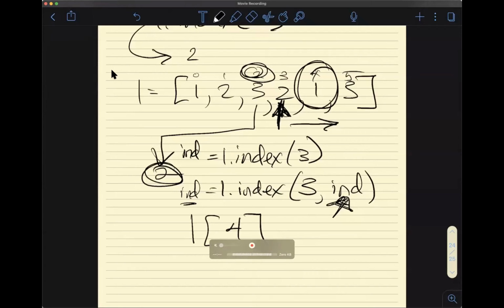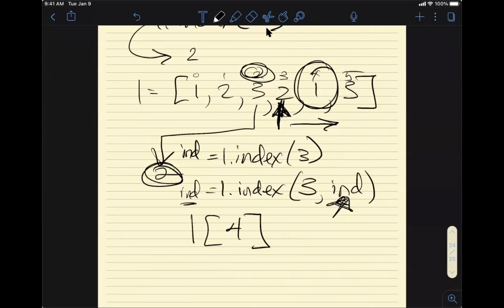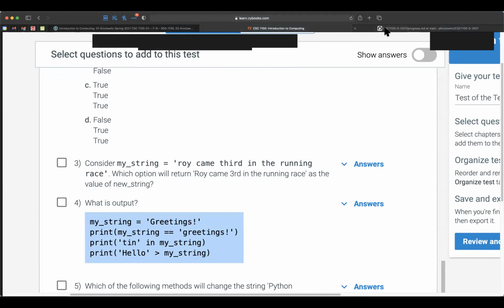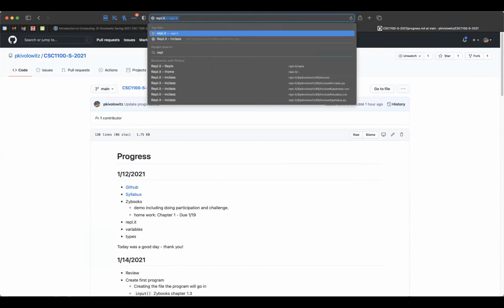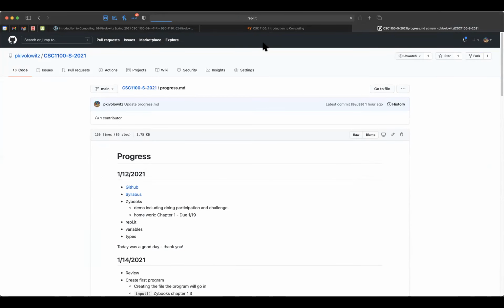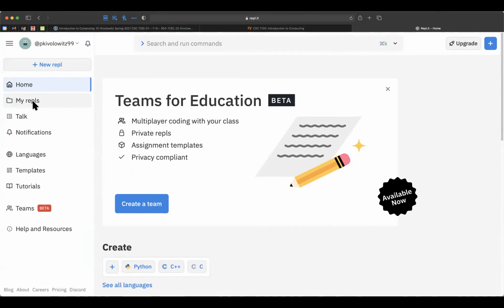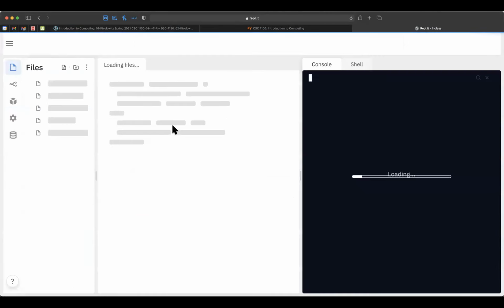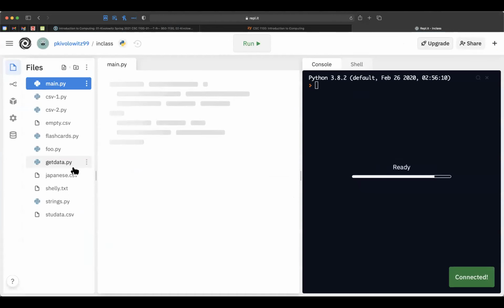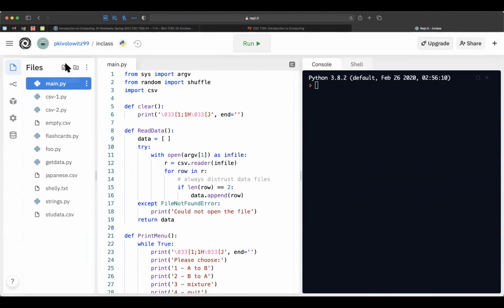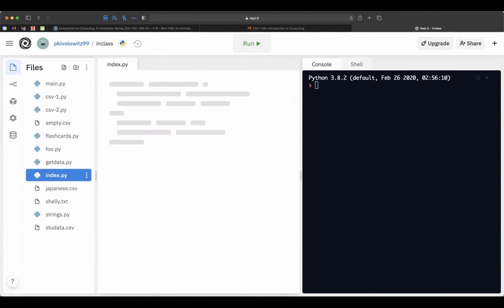Maybe it would help to do some experimentation. Let's go back to the browser, take a look at Replit. All right, so make a new file. So list is equal to, I'll call it LST, just because the L looks kind of like a 1.